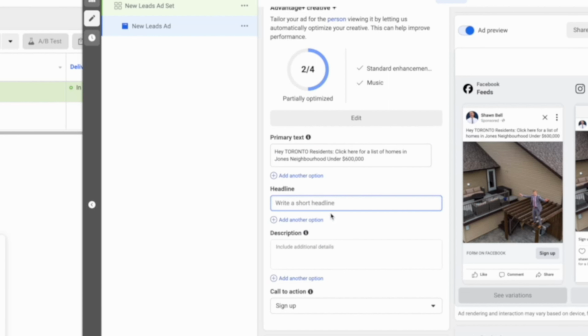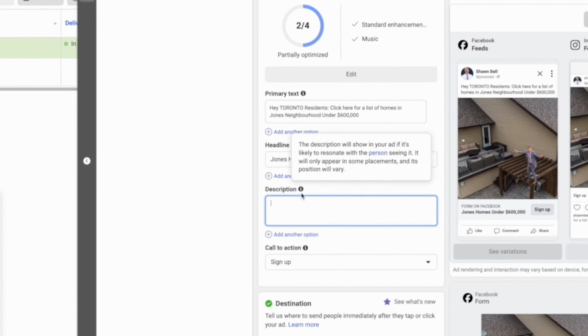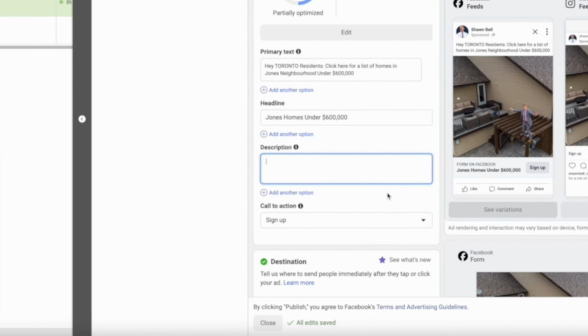So your headline is basically going to go down in here. So you could say, again, then you see under there as well. It's kind of just another spot that they might see first after the photo catches their attention. And then you can write in the description, so this is going to be longer. Description, I've got that mixed up. Headline, this is where we would put,